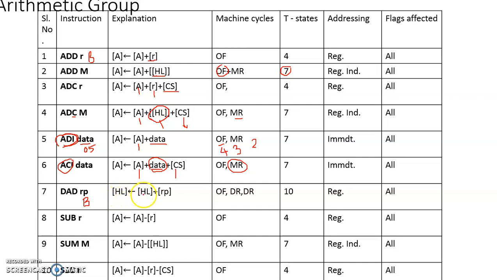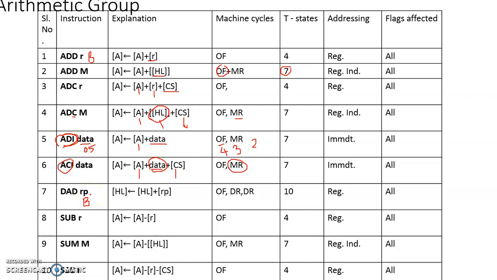This asks the processor to add the content of the HL register pair, which is a 16-bit register, with the content of the register pair whose symbol is mentioned in the opcode part of the instruction, and place the result in the HL register pair. Now here HL has the role of accumulator for 2-byte numbers, whereas the accumulator itself plays that role for 1-byte numbers. So this permits the processor to add 2-byte numbers in a single instruction, DAD register pair. This is the basic instruction.